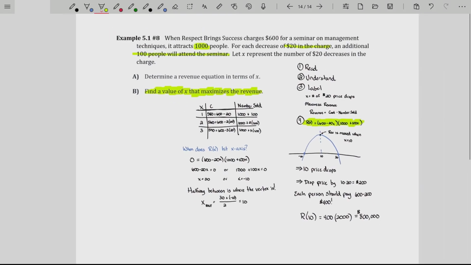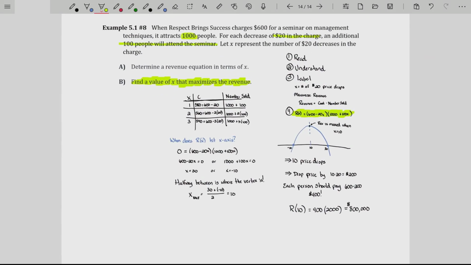This style of problem, really powerful, very powerful. If you have a business, I highly recommend that you just give this a whirl. If you sell widgets for $80 each and you just don't have a lot of customers, start dropping the price and let it sit for a while and see how many customers actually buy. Now, of course, there are so many things that drive a market. So it's not just price, but demand. You could have a very cheap product, but nobody wants it. So, oh well, that's just how it is. But if you sell quality products and people want them, then you have the ability to play with price and